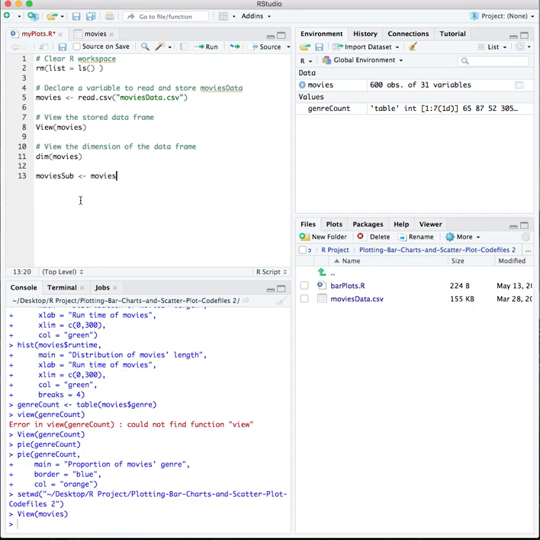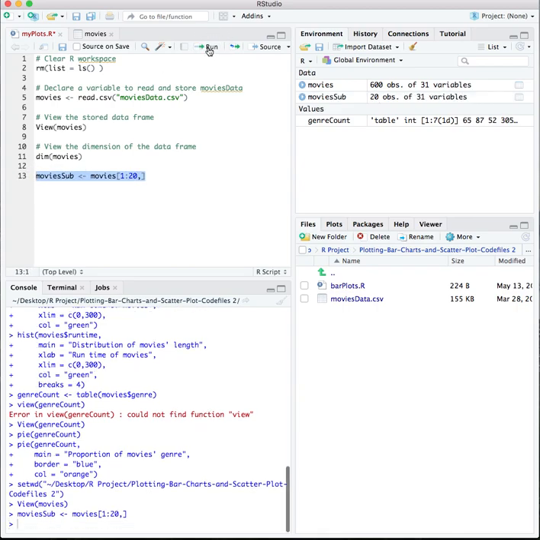So from the movies file, the command is, within the square brackets, 1 to 20. We are slicing the data, and we are creating a new subset as movie_sub. Just execute this. So you see the difference here.